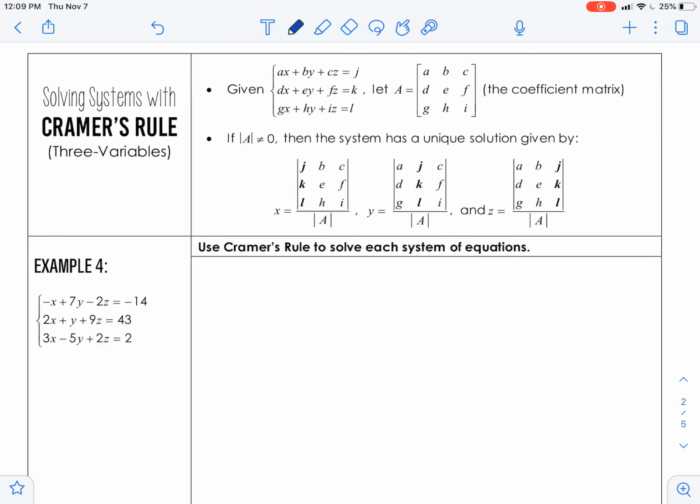Okay, so welcome to this video. We are on our third installment of Cramer's rule. So on the first two videos, we did Cramer's rule with 2x2s, and this one we're going to do with